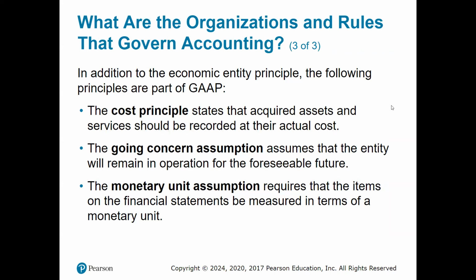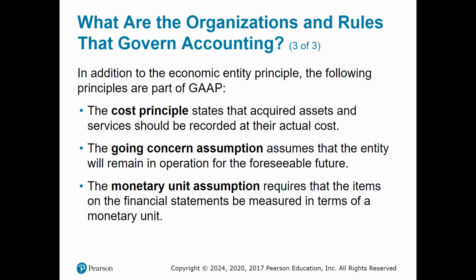Okay, so principles and rules that govern accounting. I talked about the cost principle, or I call it cost benefit. They call it in the text the cost principle. It's probably more often referred to as the cost benefit principle. Another assumption that we always keep in mind is that we assume that a company that we're doing accounting for is going to continue in operation unless we know otherwise, that it has a good chance of going out of business. And that's called the going concern assumption. We assume that it will continue to be a going concern, is how they phrase that.